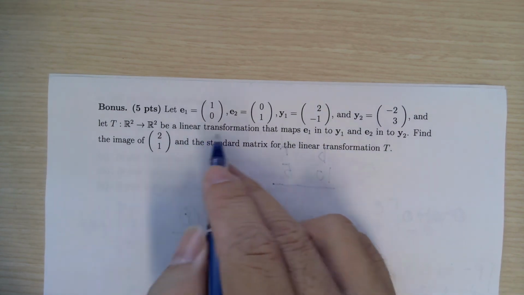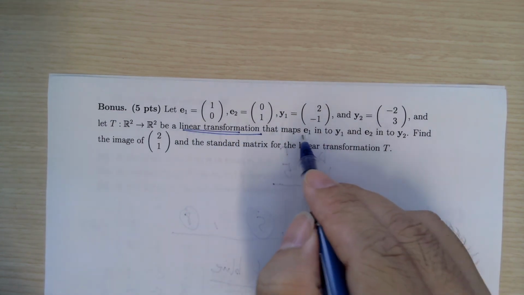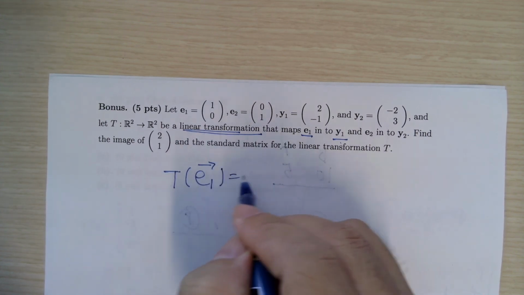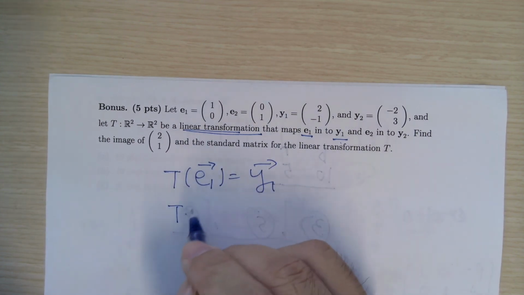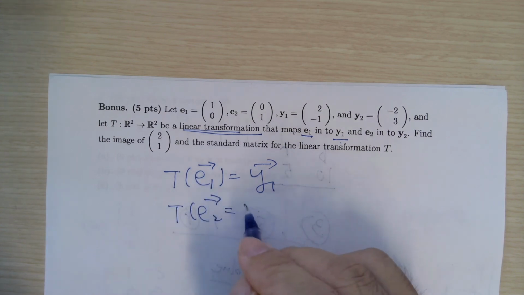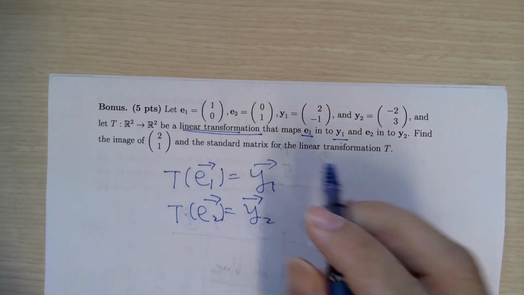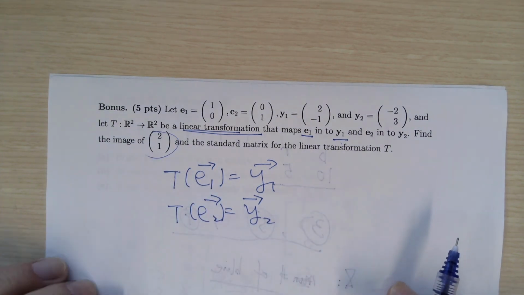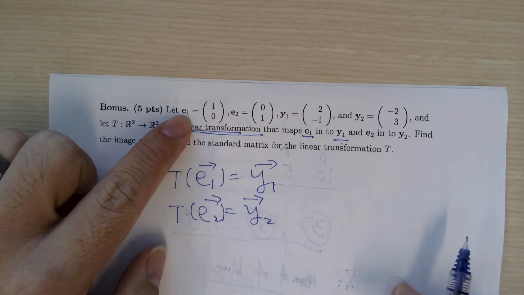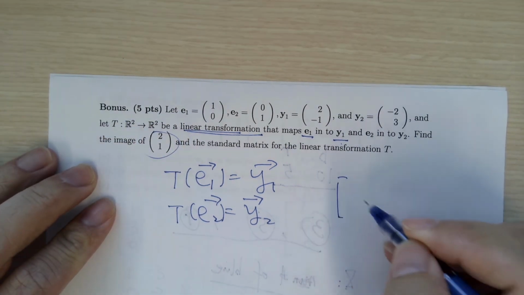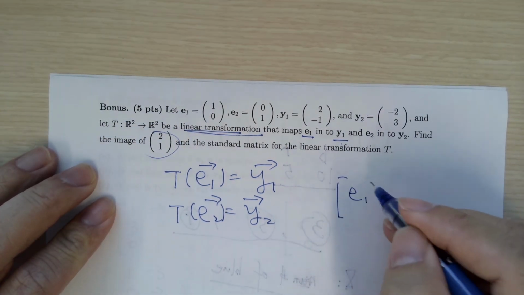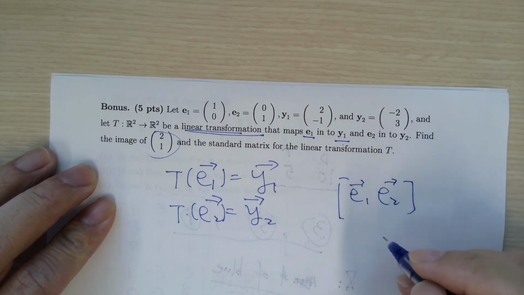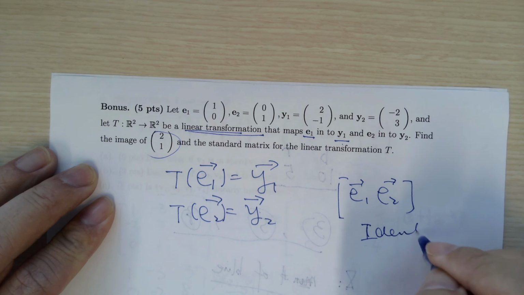So we have a linear transformation that maps e1 to y1, so basically we have T(e1) equals y1, we have T(e2) equals y2, and then it asks us to find the image of this vector. As you can see, those e1 and e2, if we list them together, this is an identity